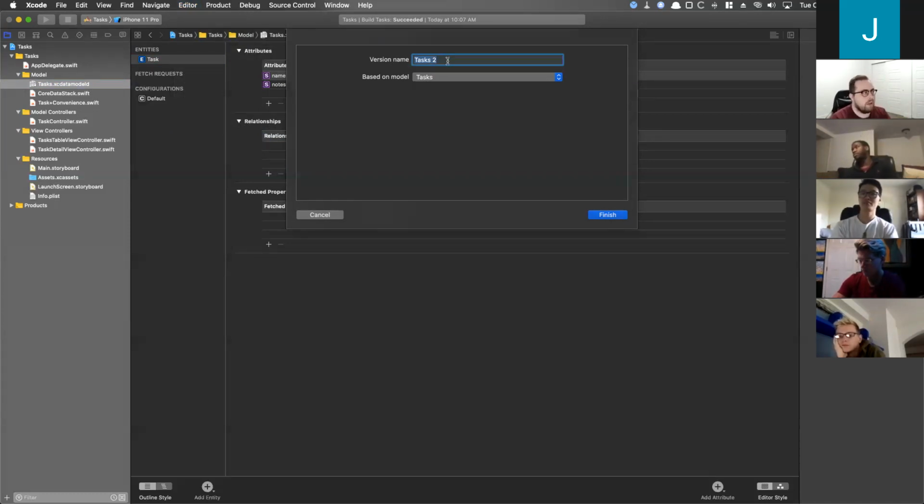If you have some other way that you want to keep track of everything, that's cool. It's going to say it's based on the model, and it's going to take one model version as the base from which it makes a copy. So we only have one model version, so it's just going to base it on the one that we have. So if you hit finish here,